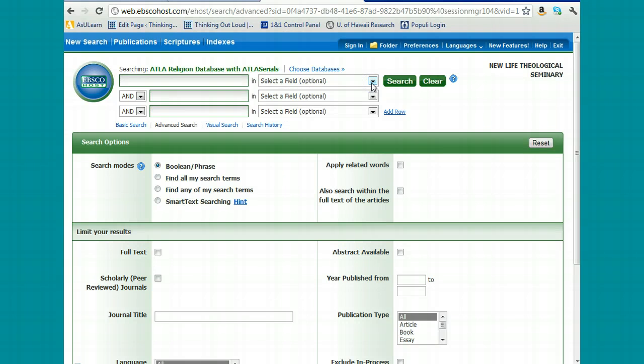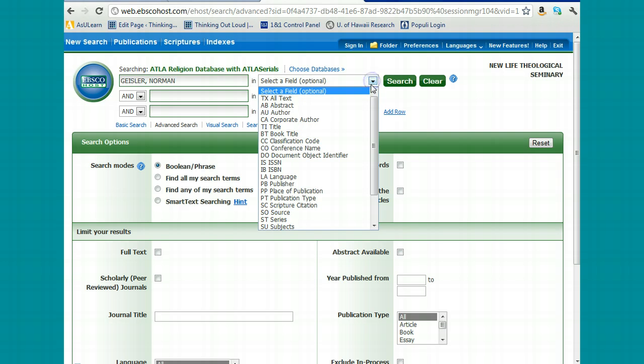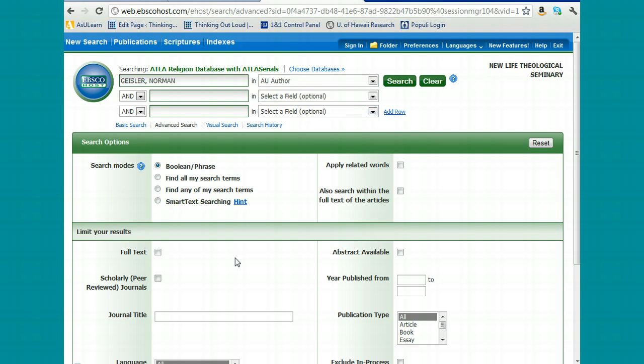Let's say we want to do a search for all journal articles written by Norm Geisler. What we would need to do is to type in his last name first, comma, his full first name, and then in a selected field we want to make sure that we select author. We also want to select full text for any search that we do using the Atla database. What this does is this searches articles where you can actually read the entire article and not just a summary of an article. Once you've selected that, go ahead and press the search button,